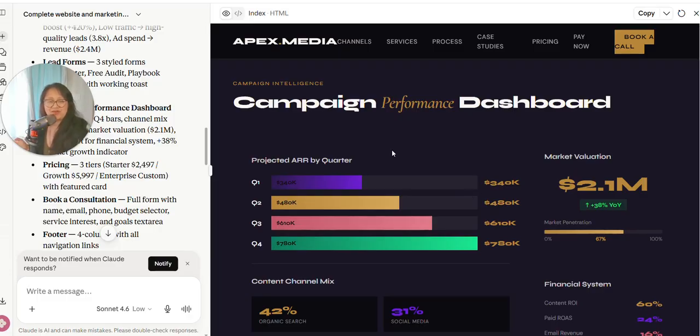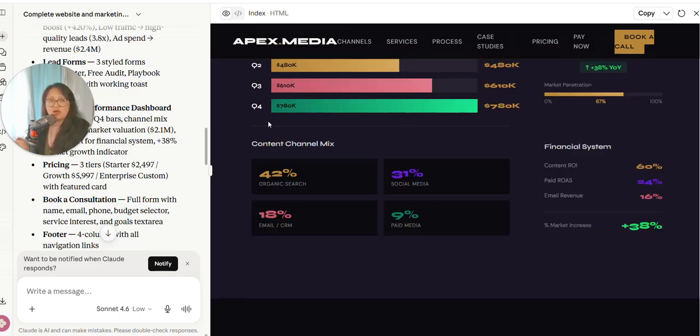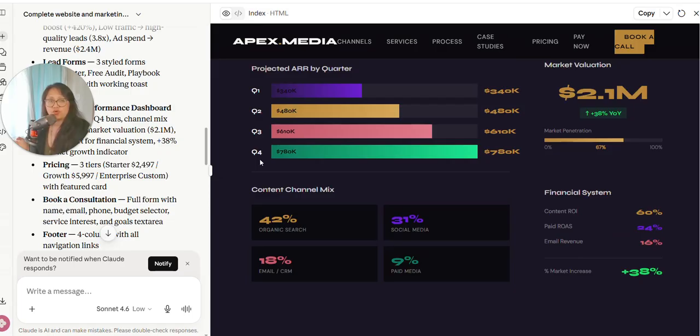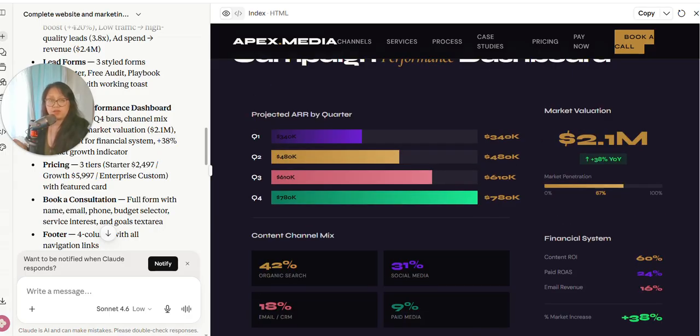Next, it'll show a campaign performance dashboard. On this page here, it'll show you broken out by quarters: quarter 1, quarter 2, quarter 3, and quarter 4. Each of them will be within 3 months or so, like January, February, March, and so forth. So it will show you an analysis of what you would see during each quarter,